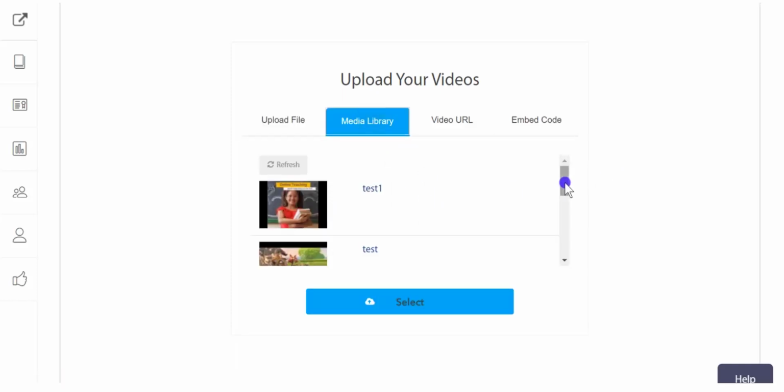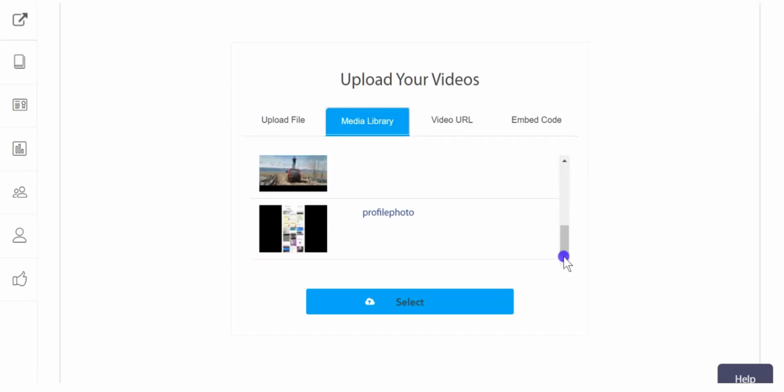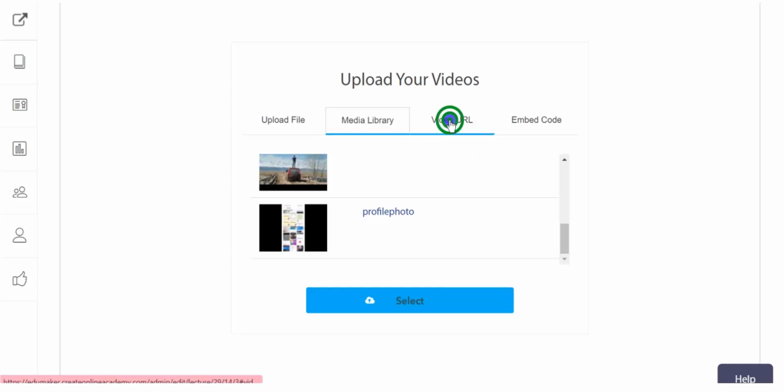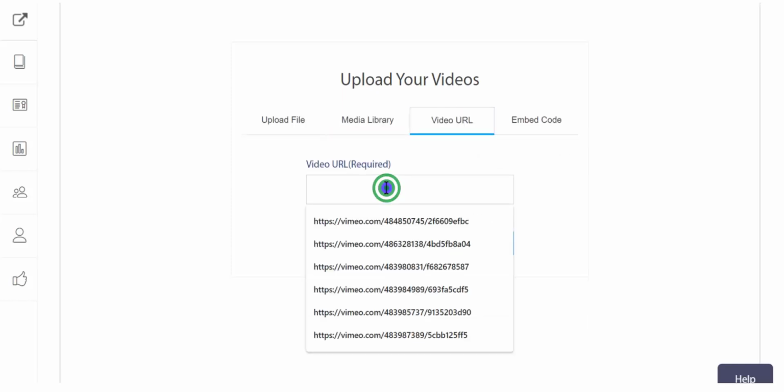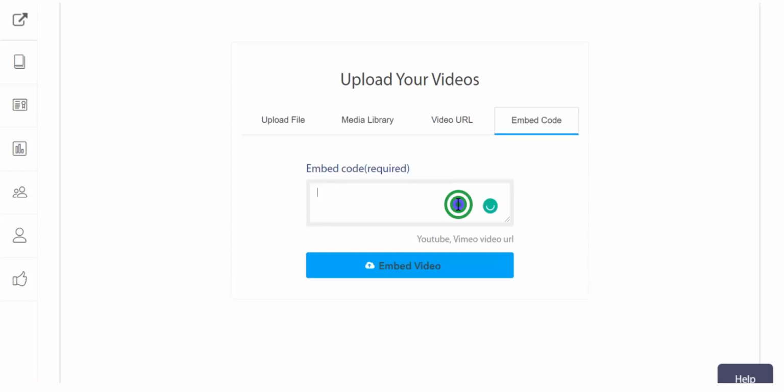By default, there are some media present here. Then further, you can put an outside video with the video URL, say from Vimeo or YouTube, or you can embed the code from YouTube or Vimeo here.